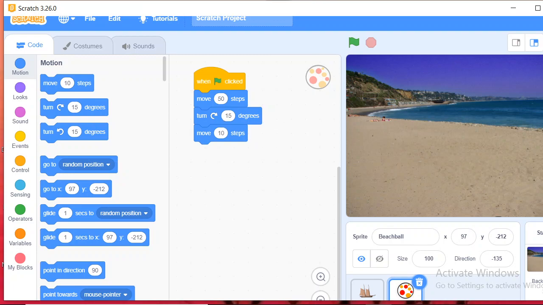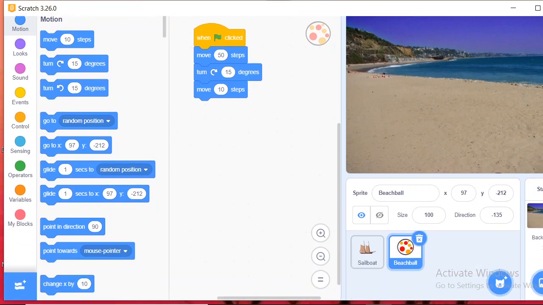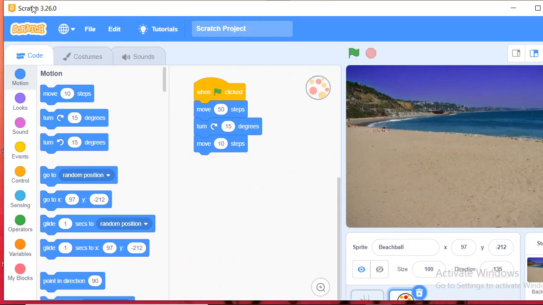So now I think we are clear about the components of the Scratch window. That is the topmost bar, the title bar, below it the menu bar, and on the left side below the menu bar we can see the block palette. There are 10 blocks, and the script area, where we drag each and every command from each block, is known as the script area.